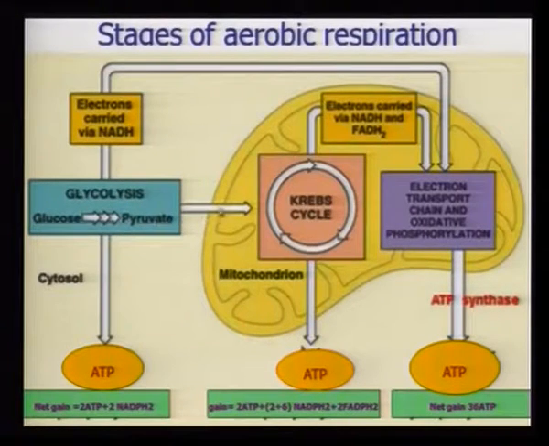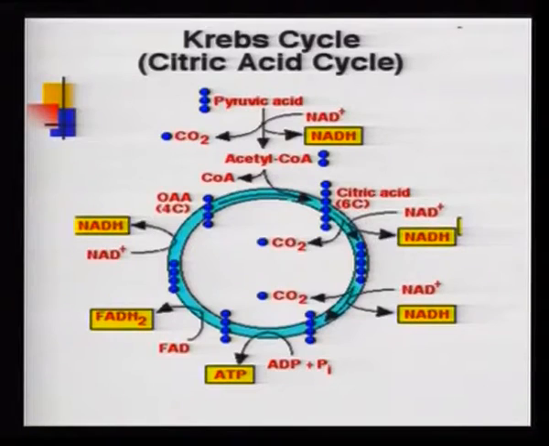This pyruvate now enters our Krebs cycle, but before it can enter the Krebs cycle, it has to be processed and converted into a 2-carbon molecule called acetyl-CoA. During this conversion, observe friends, pyruvic acid is decarboxylated and oxidized. So, on one hand it is losing a carbon, on the other hand it is losing hydrogen. So, we get carbon dioxide and reduced NAD produced to convert pyruvic acid into acetyl-CoA. Acetyl-CoA, can you count how many carbons are there on the screen? Yes, it is a 2-carbon compound.